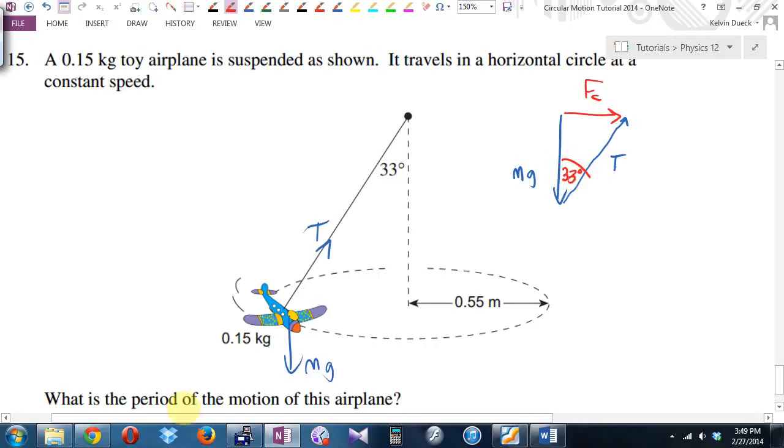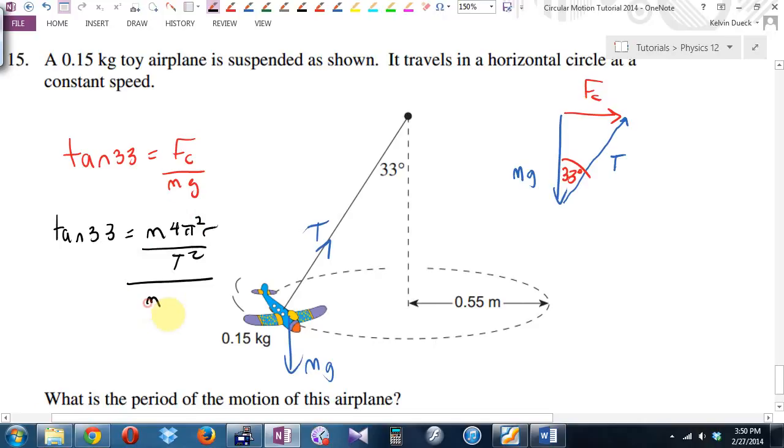This asks, what's the period? Okay. I guess tan of 33 equals FC over mg. Really, tan of 33 equals m 4 pi squared r over T squared, all divided by mg. I think you'll find the mass cancels. Even if it didn't, they gave you the mass, but it cancels. To find the period, I probably could. Having said that,